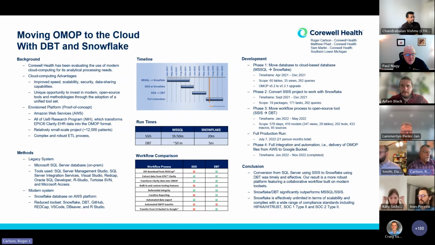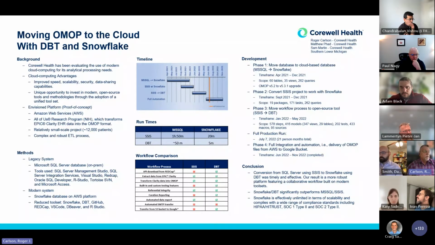if you look at our workflow comparisons on the screen for SSIS and DBT, the ones under SSIS that are marked red were manual processes that we had to do because we weren't able to automate them in SSIS. We were able to automate most of those processes in DBT, including pulling the vocabularies, pulling our OMOP patient list from REDCap, loading, processing the data, and then loading the CSVs up to the All of Us Google bucket. Early on, we were pulling data out of Snowflake down to our local system as CSVs, and then uploading them to the Google bucket for All of Us, which didn't make any sense because it was in the cloud to begin with, and so it's relatively simple to transfer from one cloud bucket to another,